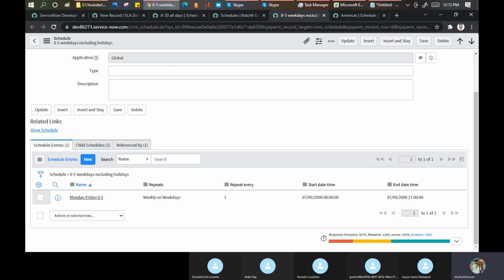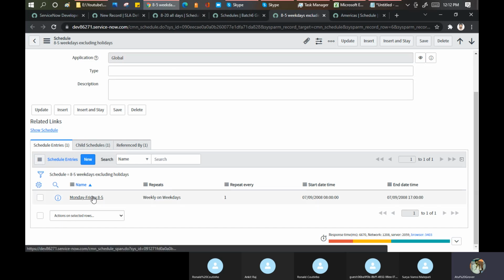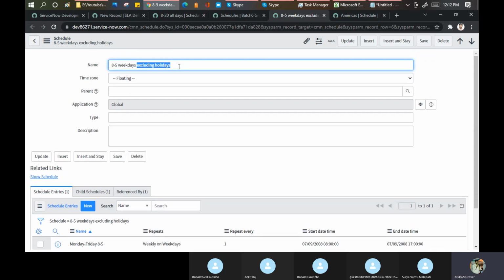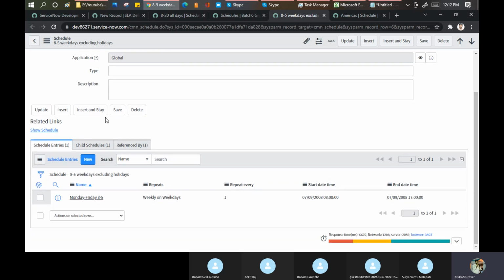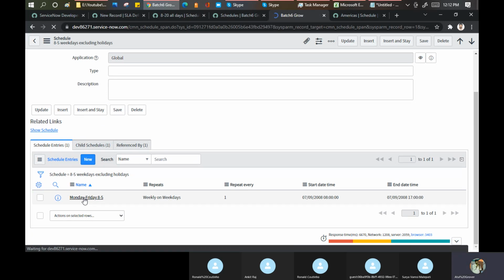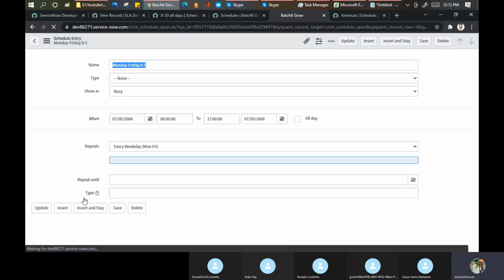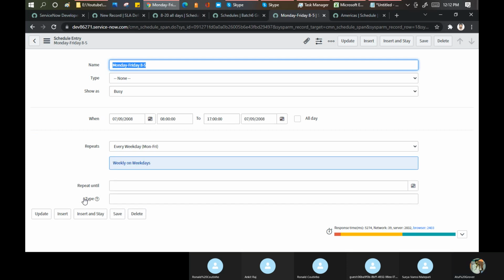And how will this become? If you come here on this part, Monday to Friday 8 to 5. This is only a definition. It is like a function, like I say sum is a function. But what needs to be done inside that function? I open this. Again remember, this is the complete configuration, nothing else. There is no rocket science.